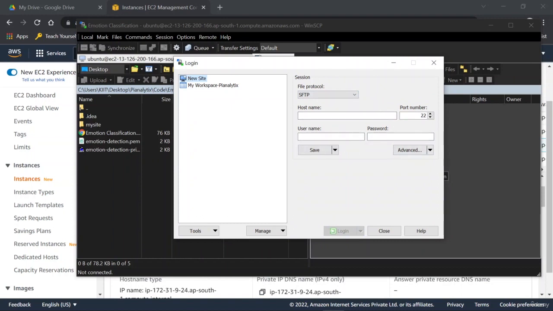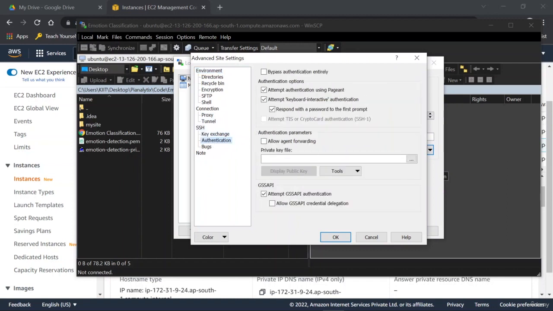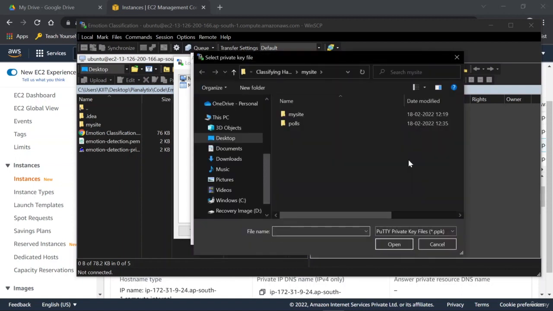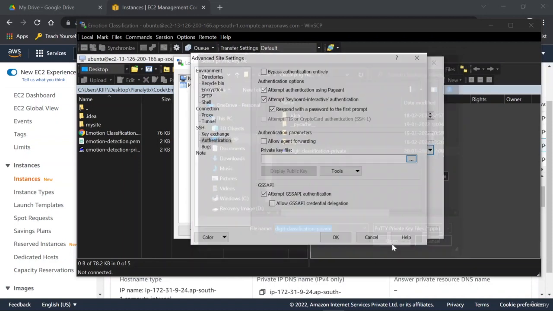Now you don't have a password per se. So just paste your host name, that is the DNS, here. Username is Ubuntu only. And go to advanced. On the left hand side, there are a lot of sub parts. Just go to authentication from SSH, then click here to add the private key file. Click here, browse your private key file that you have just now created using the PuttyGen software. Click on open,